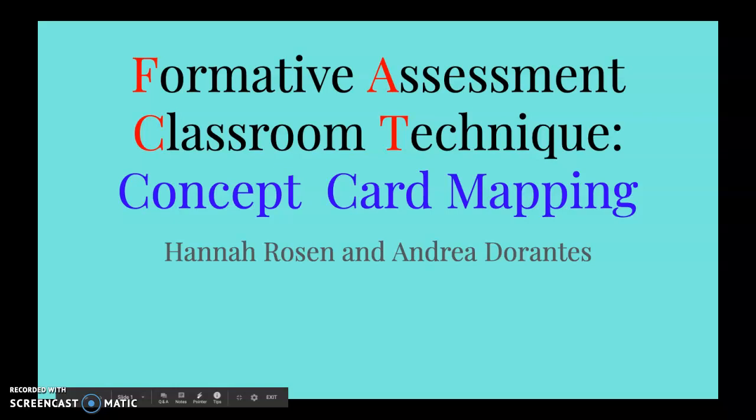This is my FACT assignment, the formative assessment classroom technique, and the FACT assessment that we chose was concept card mapping for our learning segment and our standards about fossils. The Tennessee State standards that we chose for our learning segment and for our FACT assignment were